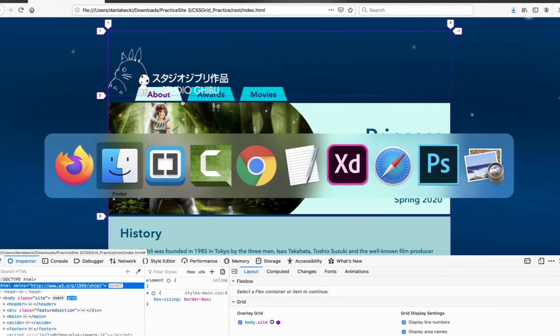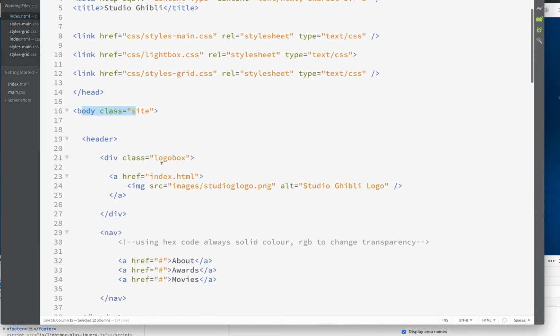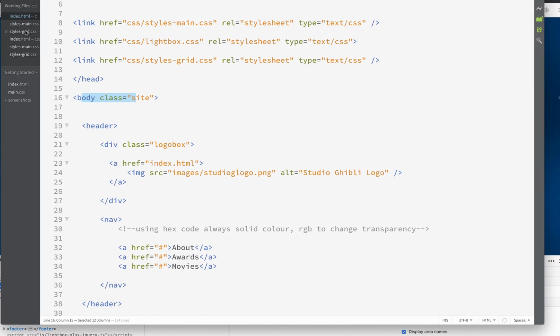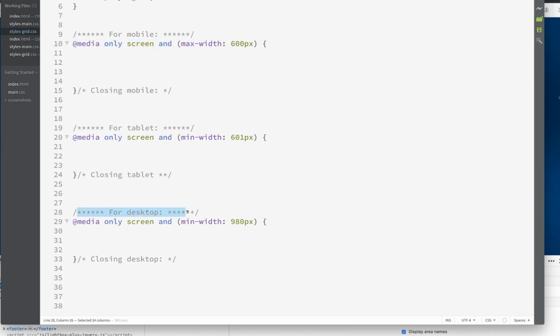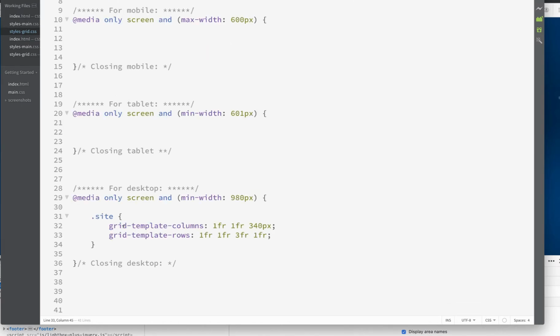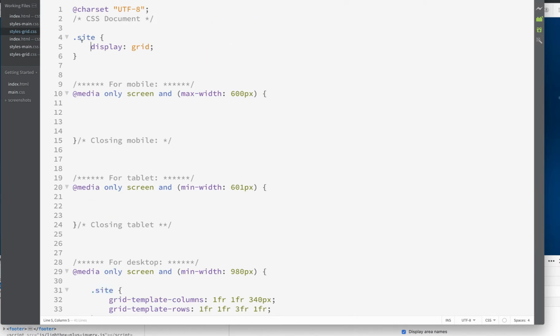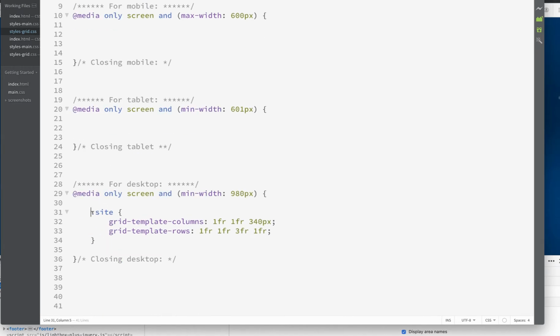And now that we're actually going back, okay, we want to continue on. So I'm going to go into the grid here. I could do mobile first, but we were used to doing desktop. So I'm going to go into the desktop area. And in here, I want to communicate with my first element, and I'm going to copy and paste some code, and I'll have you type it. So here it is. Again, we had site up here, display grid. It's going to be display grid for all viewports, and I could have just done it in here, but let's go ahead in desktop and go .site, open close curly brace,